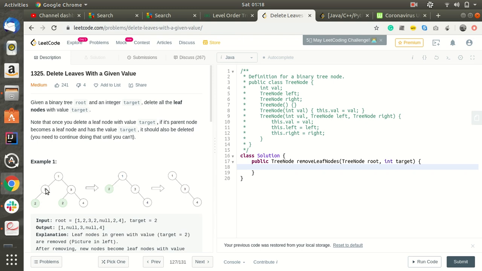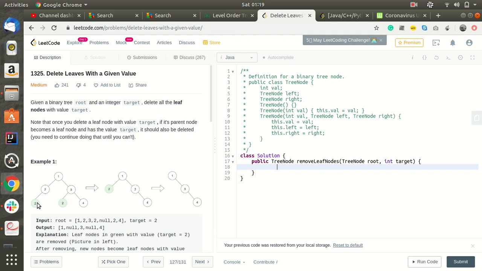If the value was the same, then it will delete it, else it will not delete it. So it will check if it becomes null, and suppose by post order traversal we deleted a 2. Then in the next step, if you think of the recursion in reverse, it will check the left and right of this node.